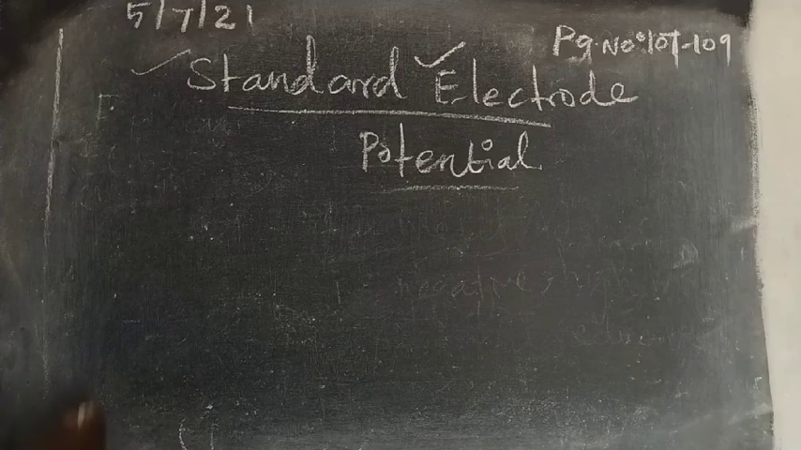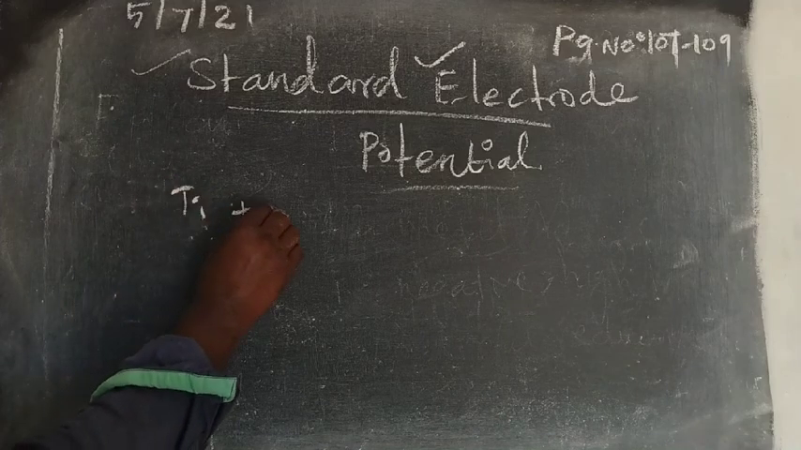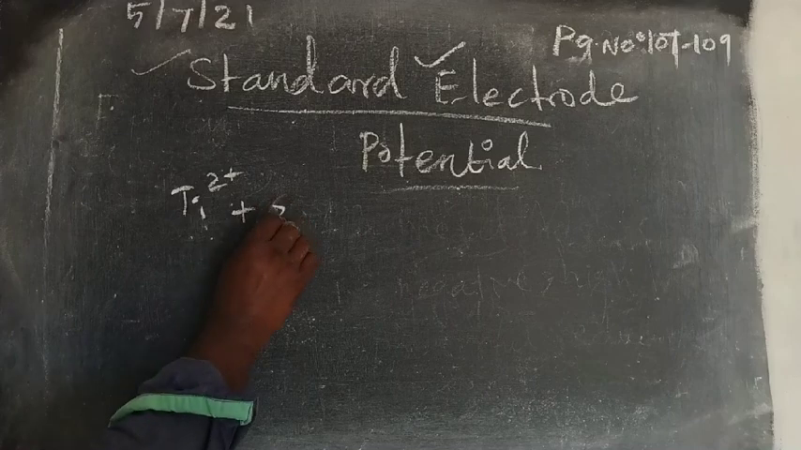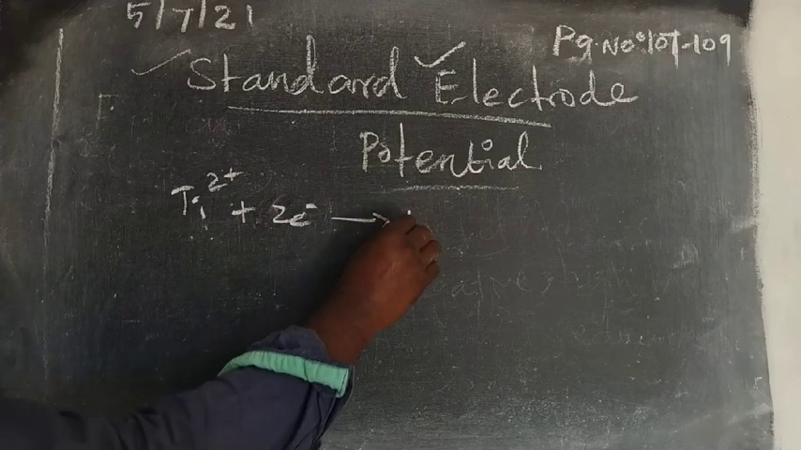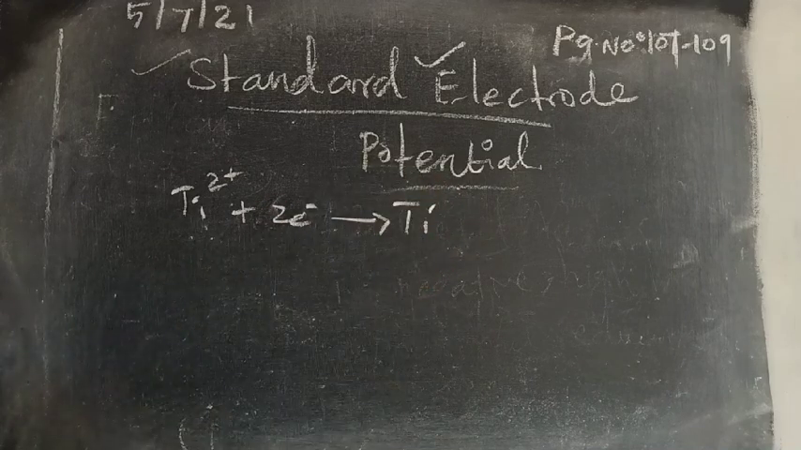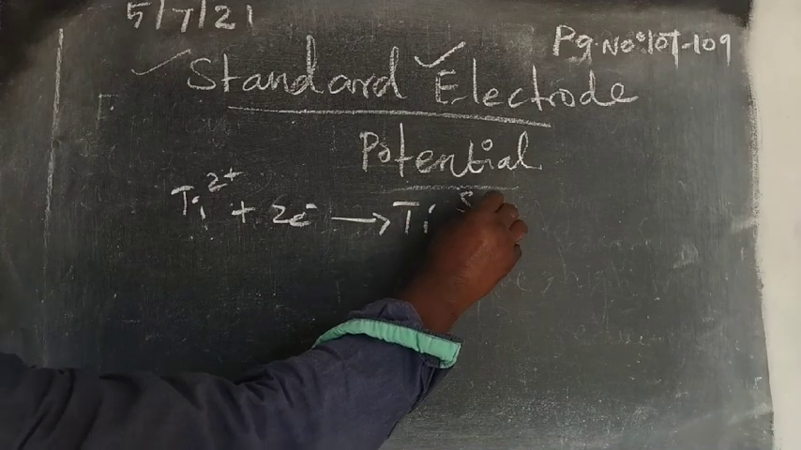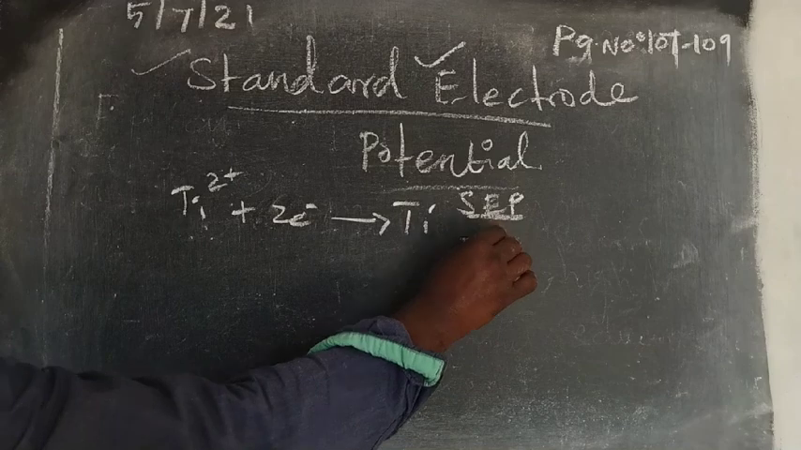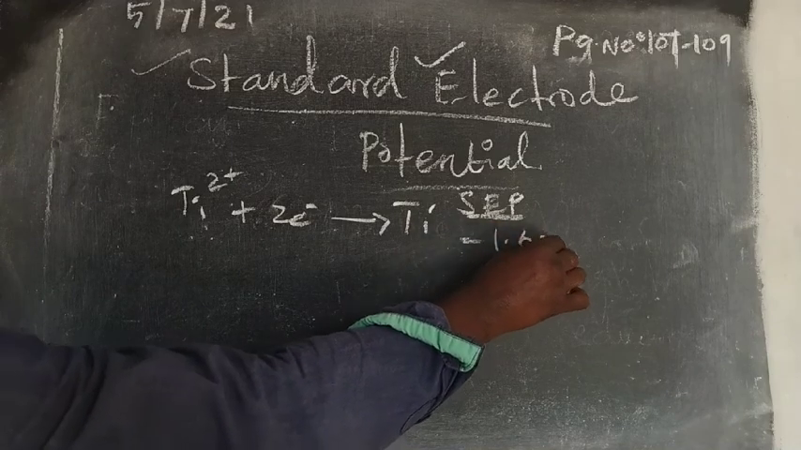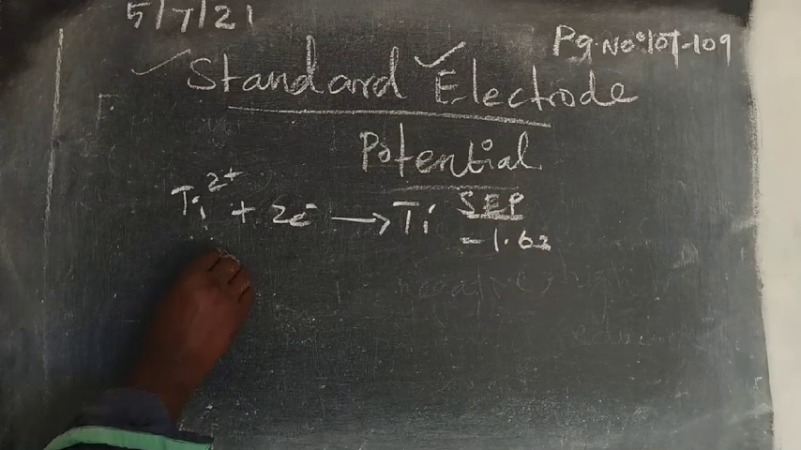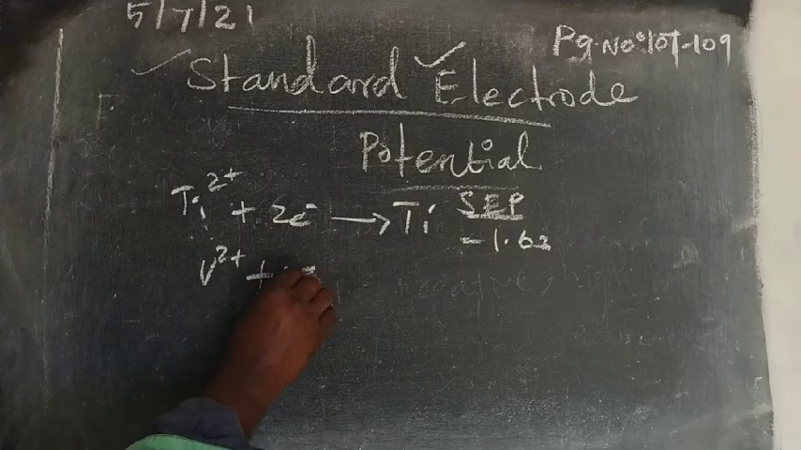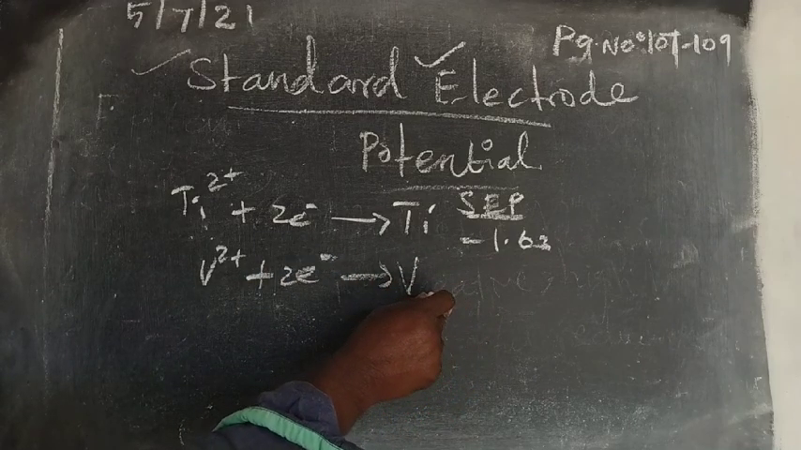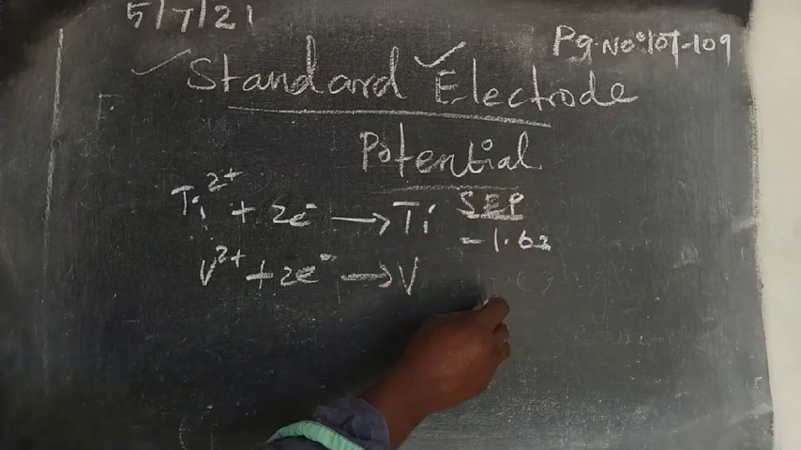Titanium: Ti2+ accepting 2 electrons is reduced to titanium. The standard electrode potential in volt is minus 1.63. Vanadium: V2+ accepting 2 electrons is reduced into vanadium. Its standard reduction potential is